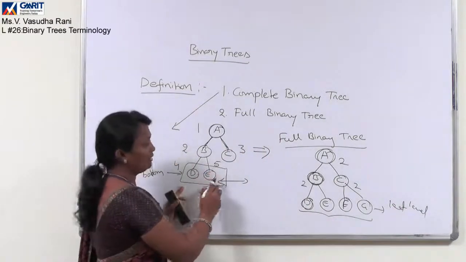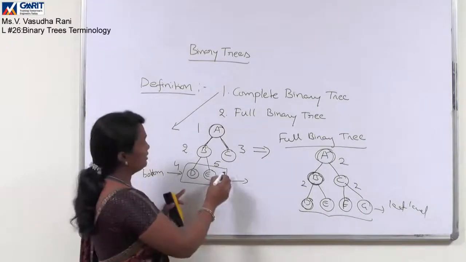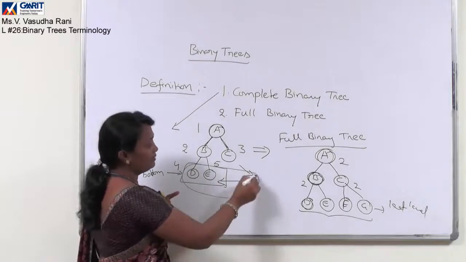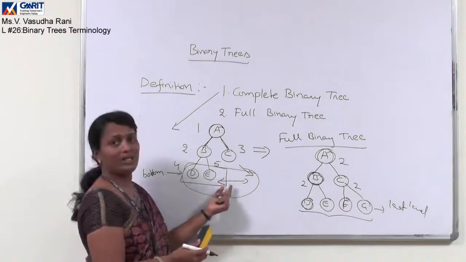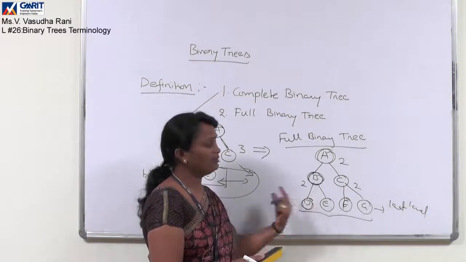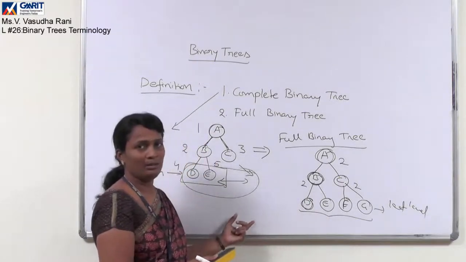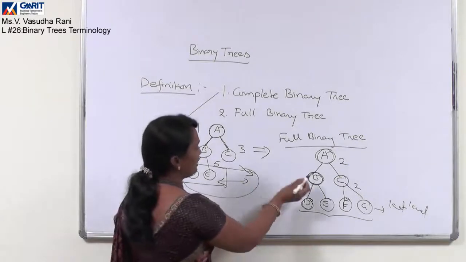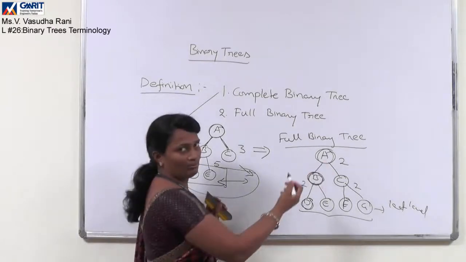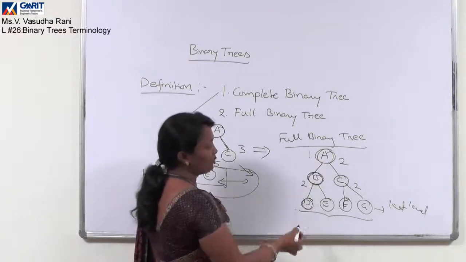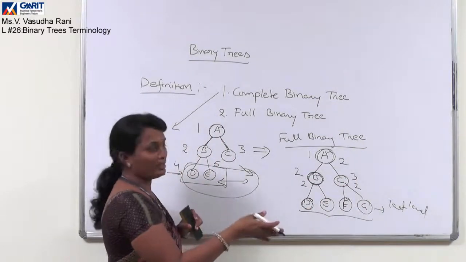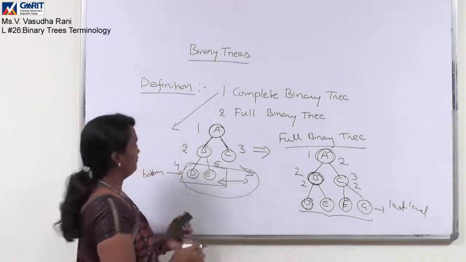Whereas in complete binary tree, here you can observe the difference. Here in the complete binary tree, last level is having the exception, it may not be completely filled. But full binary tree is that till the last level, all the levels should be completely filled. And both these sorts of trees have the similarity that node numbering starts from the root and it will continue for the next levels, and from left to right they will be numbered.